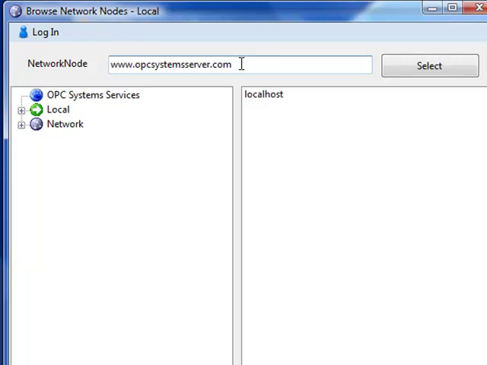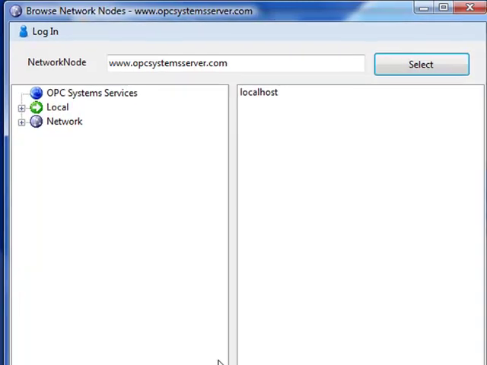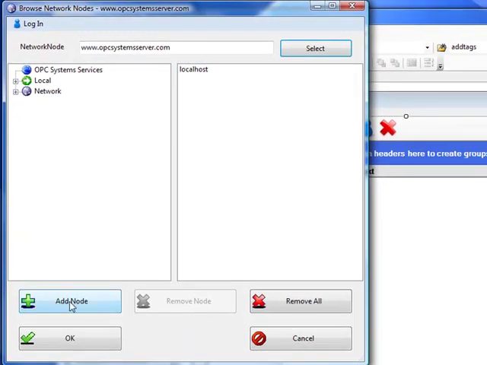I'm going to use the internet service opcsystemserver.com, where there's an OPC system service running in Texas. So anywhere in the world we will be able to view the alarms from this service. If we select that service and then click on Add Node, we see this is now an additional network node subscribed for the alarm window. If we click OK,